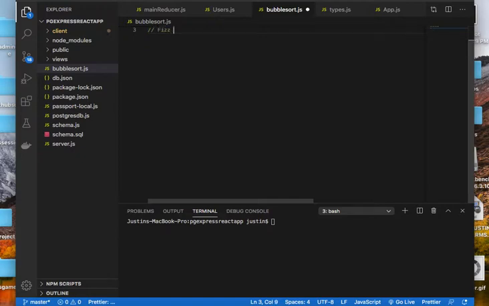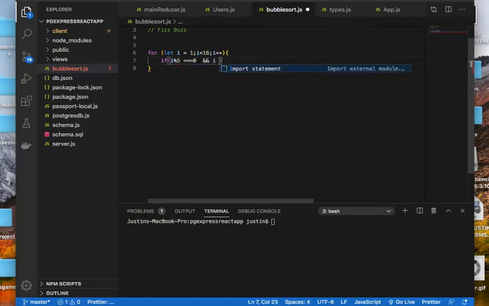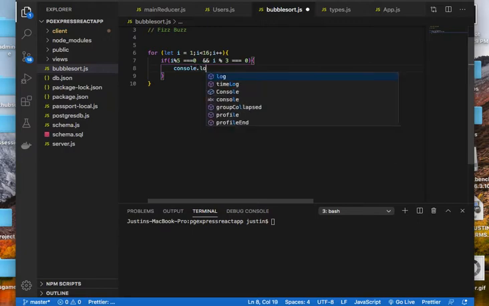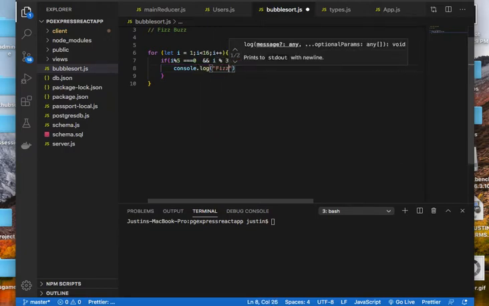So FizzBuzz. Alright, so traditional for loop, for let i equal 1, i up to 16. That means it'll stop at 15, i plus plus, so increment 1 each time. If i modulus 5 equals 0, and i modulus 3 equals 0, then we want to console log FizzBuzz,